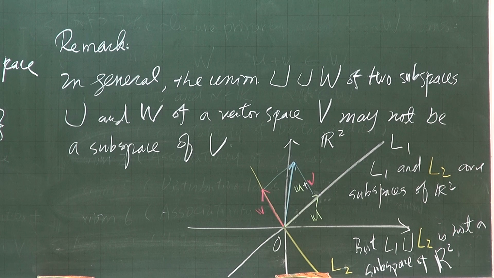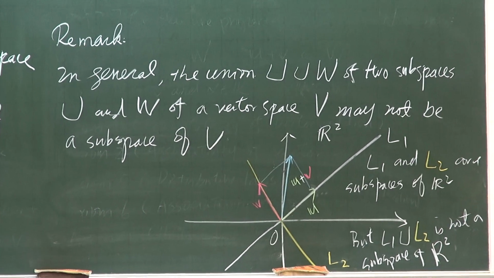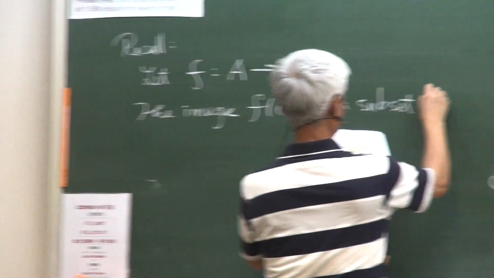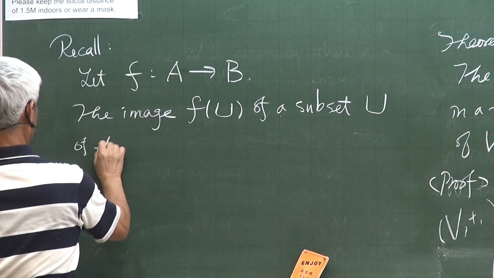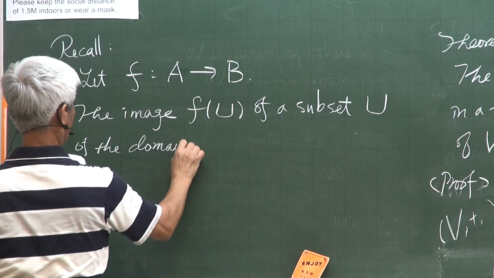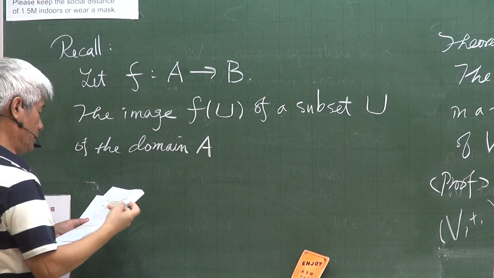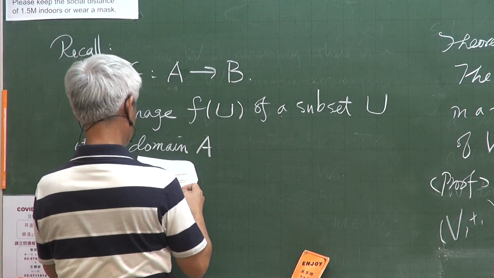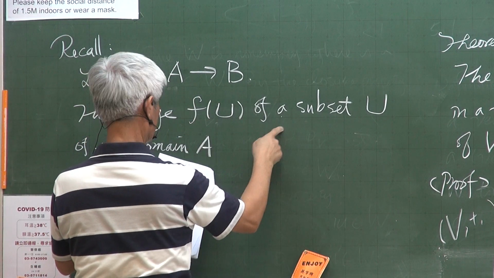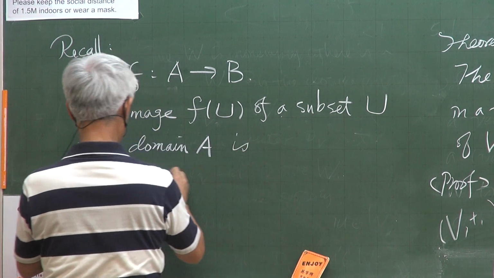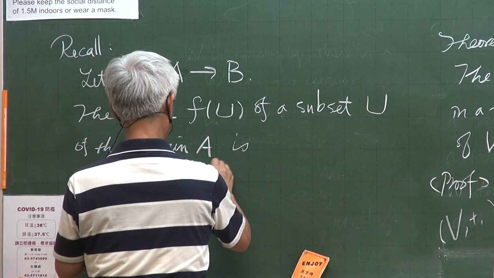We let f be a function from a set A to a set B. The image f of U, where U is a subset of the domain A. So U is a subset of the domain A. Now f of U is the image of U and is defined to be